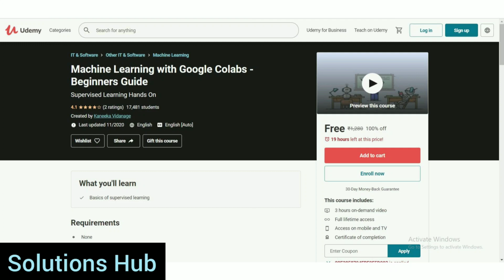In this course, you will learn machine learning introduction, Google Colaboratory, support vector machines, tree hands-on, random forest, support vector machines hands-on with Google Colaboratory. This course link and coupon code is also given in the description, and at the end you get a certificate of